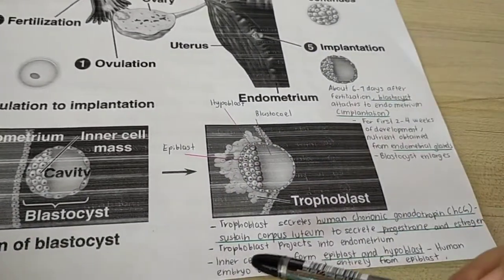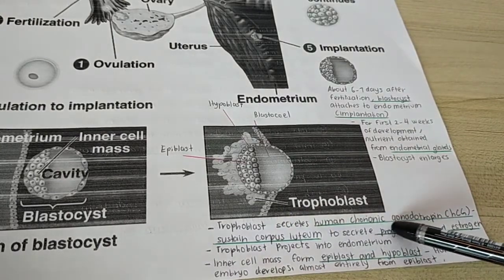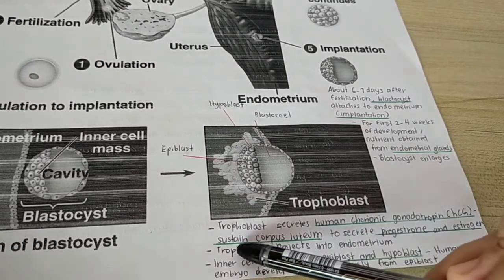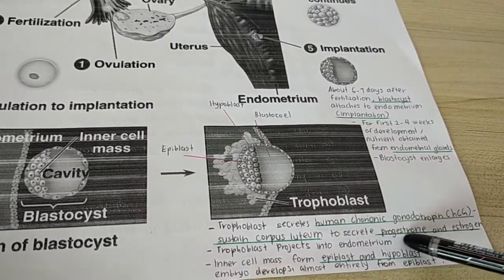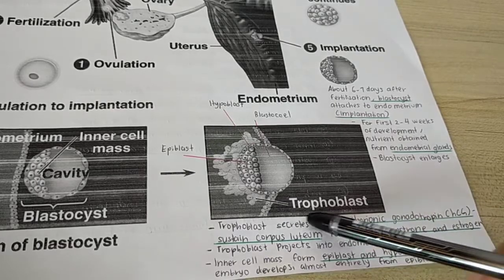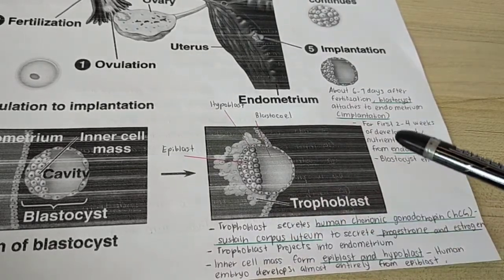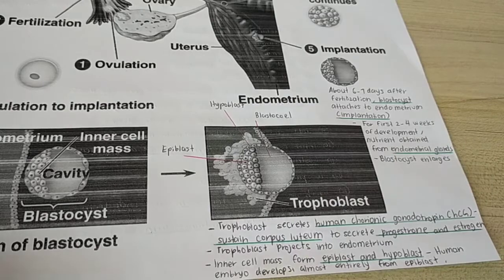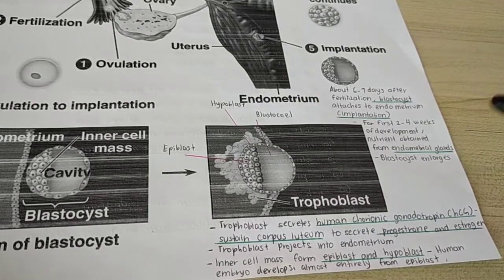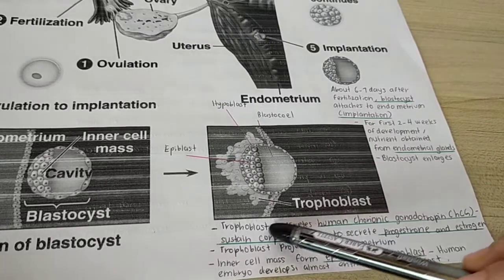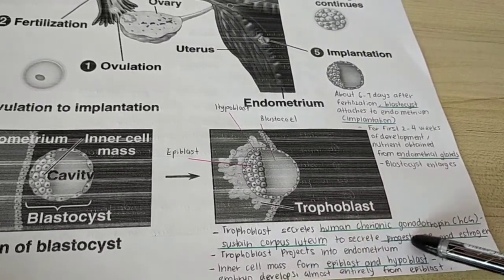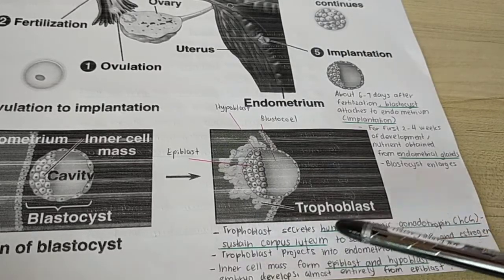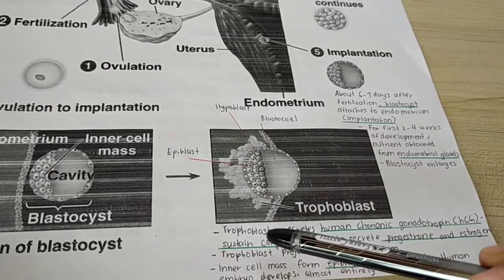Besides that, the trophoblast will also secrete human chorionic gonadotropin, or HCG. What is the importance of this hormone? It will sustain the corpus luteum to secrete progesterone and estrogen. We already discussed this in the ovarian cycle. What happened to the Graafian follicle? Once it has ruptured, it will develop to become the corpus luteum. This corpus luteum will secrete progesterone and estrogen. So the structure of the corpus luteum is sustained because of the HCG secreted by